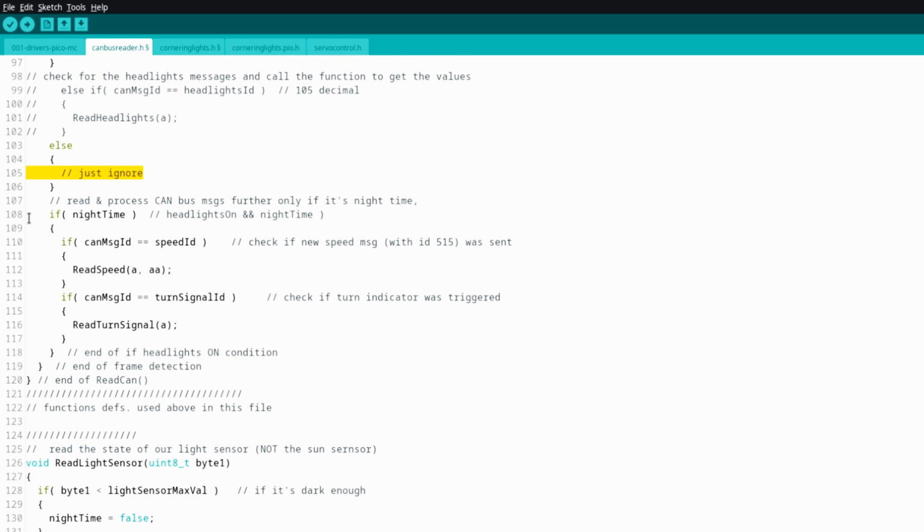After which we are checking, or better said looking, for the speed frames and for the turn signal frames only, and only if it's the night time. This is because they directly relate to the operation of our cornering lights that we don't need if it's not the night time. And if it's the night time, then we test the current frame ID to see if it's